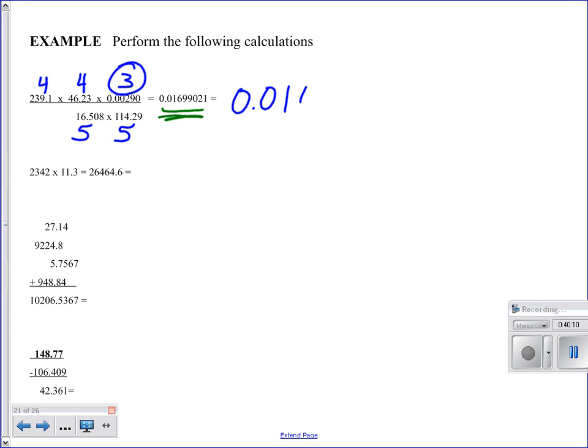The correct answer would be 170. So I looked at those values and rounded that to 3 significant figures is what I did. Okay, next one, 4 significant, 3, so I'm going to take this and round it to